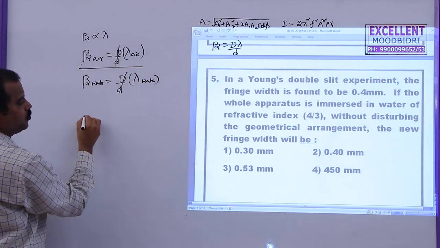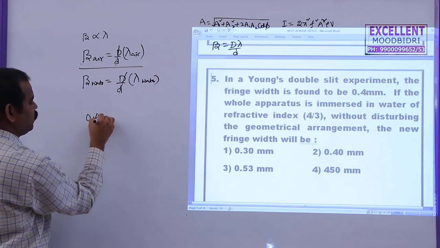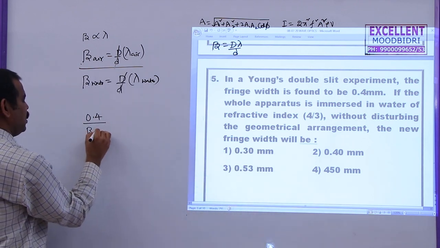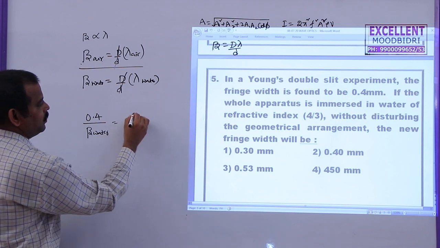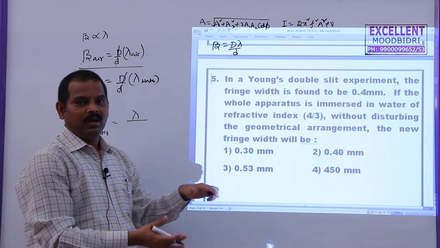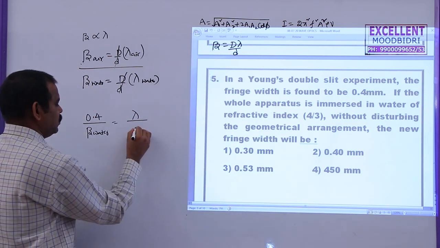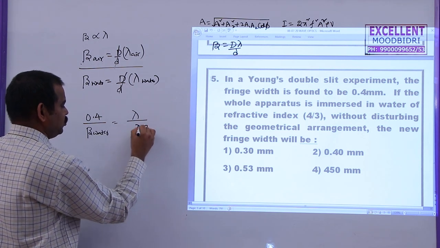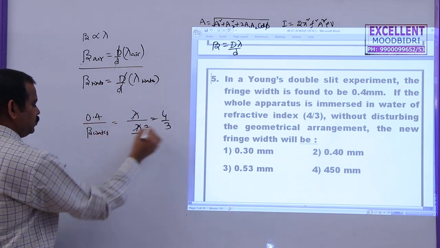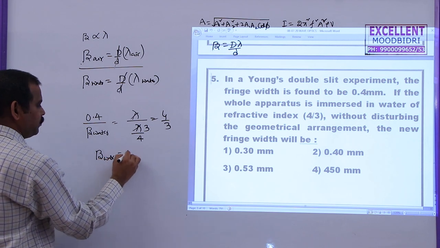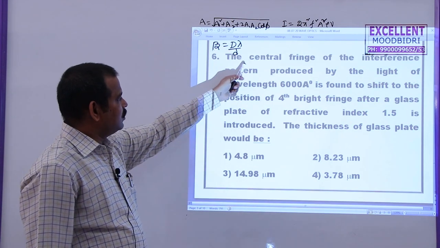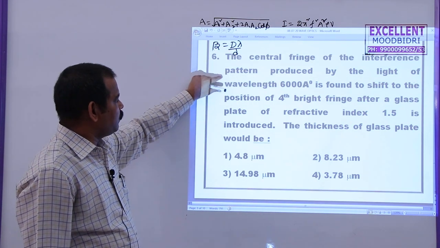Beta in air is found to be 0.4 millimeter. You keep it in millimeter only because options are given in millimeter only. Beta in water is given by lambda air by lambda water. Whenever the total arrangement is immersed in water, the wavelength decreases by 4 by 3 times. So lambda by 4 by 3. So this will become 4 by 3. This 4 will go up. Now you can see this 4 by 3 times 0.3. So beta in water will become 0.3 millimeters. Option 1 is correct. The central fringe of the interference pattern produced by light of wavelength 6000 is found to